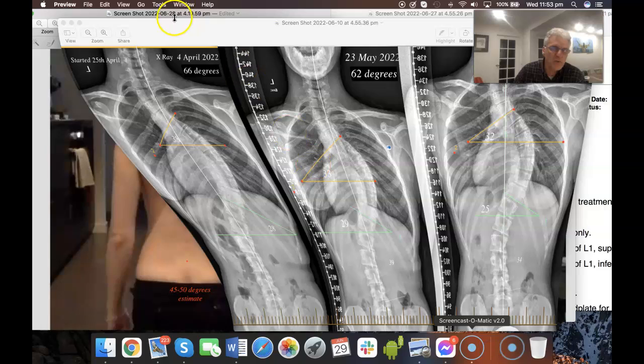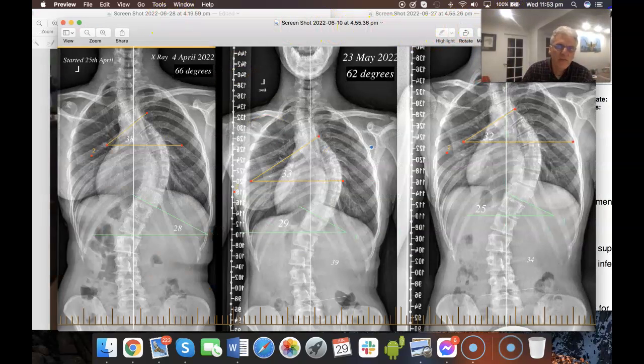And this is actually what it looks like on an x-ray. So the x-ray is largely useful for determining effectiveness of care. But when you've got something like rapid scoliosis which is progressing, x-rays are often used as the justification for doing surgery. And regardless of whether this curve here, which started out on the 25th of April and then progressed to